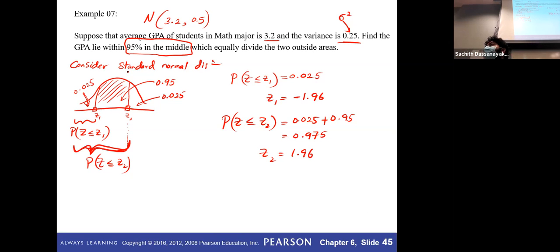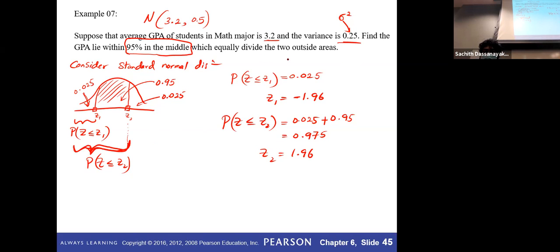Do you remember we did a very similar thing? If we need to find the area in the middle, it is easy. You need to find just one, then flip the sign for the other. That's it. So in here, values are these two. But this is not the answer. C1 and C2 is not the answer.